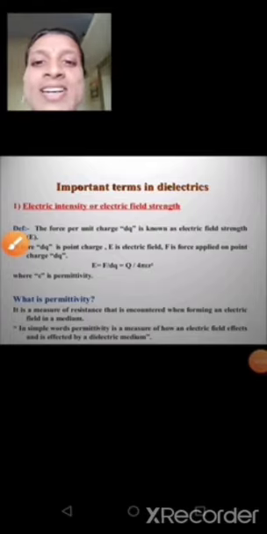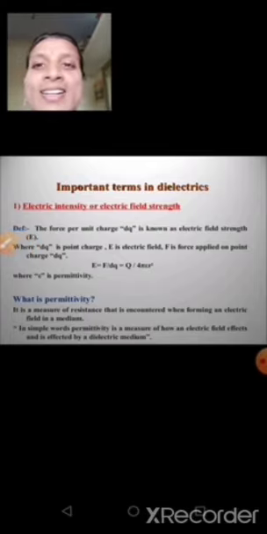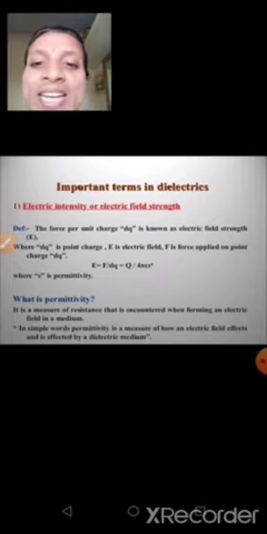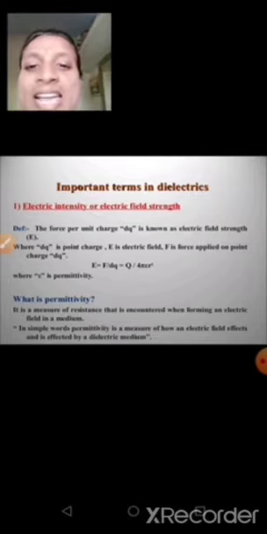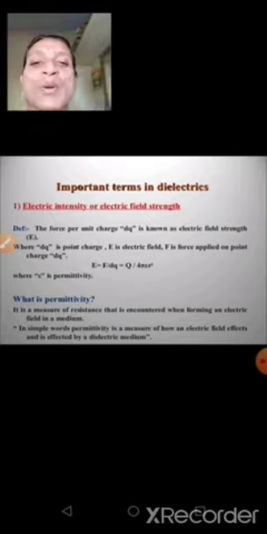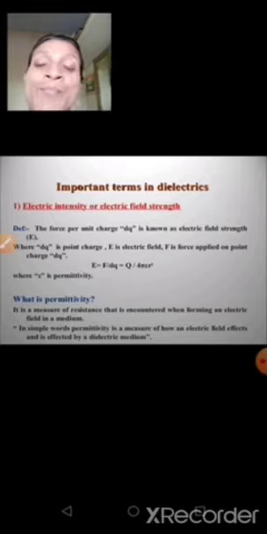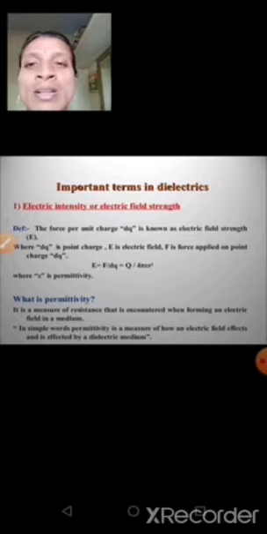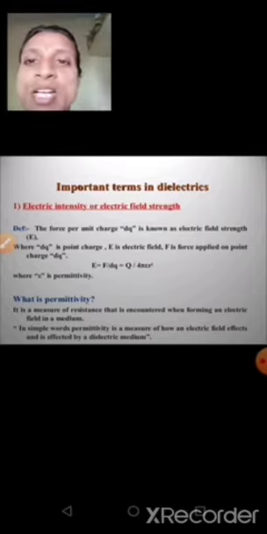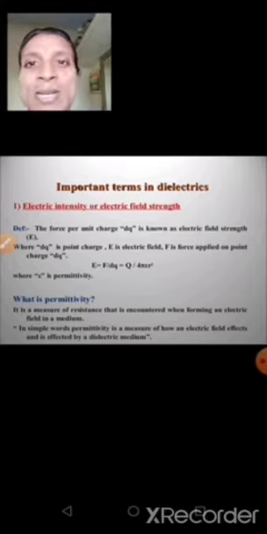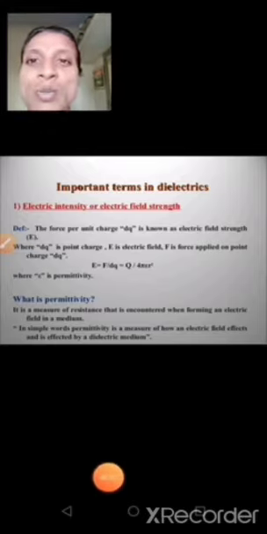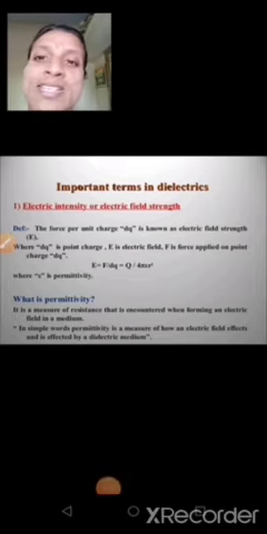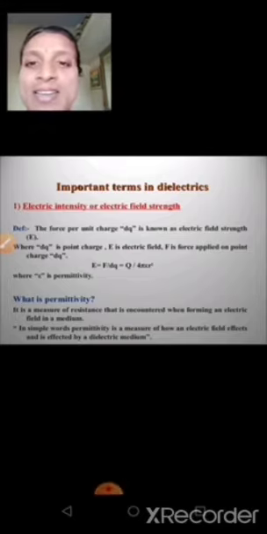Important properties which we study in these materials are, first, electric intensity, that is electric field strength. Electric field strength is represented by E. We know the famous formula, F is equal to EQ. In that, E is the electric field strength, which is equal to Q by 4 pi epsilon naught r square. After learning this electric dipole, electric force lines transmit from positive charge to negative charge. Next, the medium should give permission to those force lines. That medium permission to transmit the force lines is known as the flux, or electric flux.